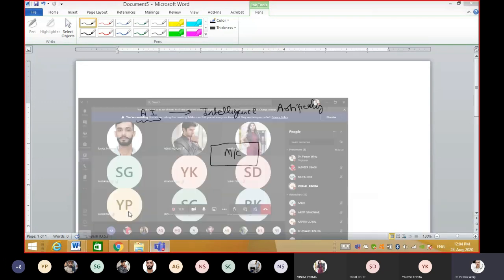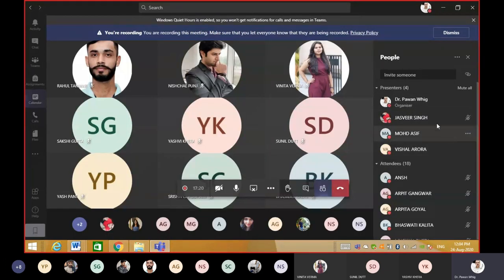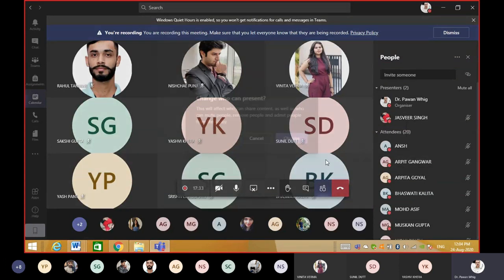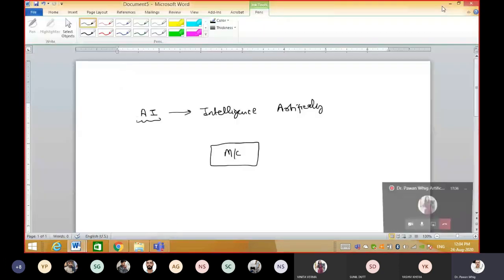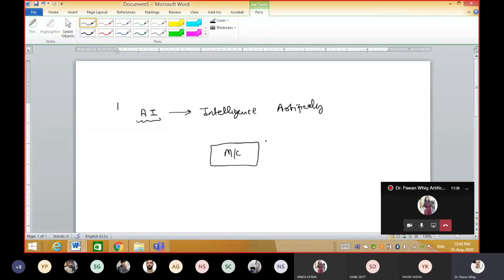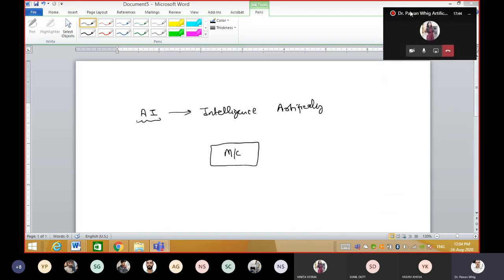In machines, basically, there are two kinds: one is a normal machine, and one is an artificial intelligence machine, which we call an automatic machine. Now, what is the meaning of automation? Automation means automatic